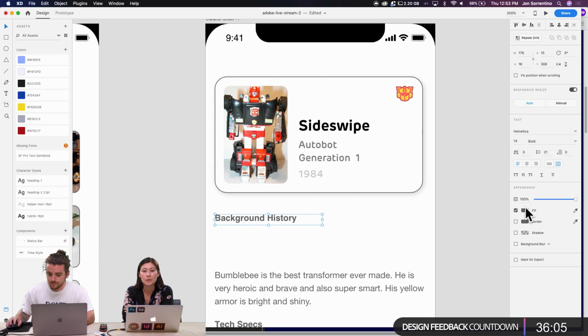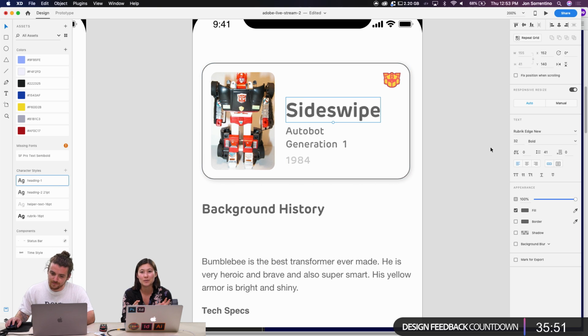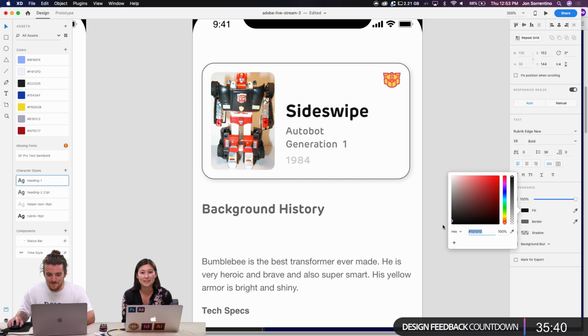And for those of you who might not have been with us yesterday, the site that Jon was just referencing is sort of that inspiration point. It was a site that has a repository of all this information around these Transformers. And so that was the inspiration. And Jon's been redesigning in Adobe XD his idea of what a mobile application could be for choosing your bot. Yeah, for choosing your Transformer of choice.